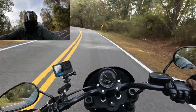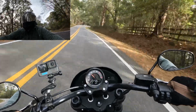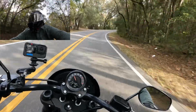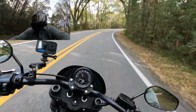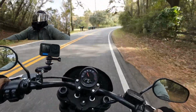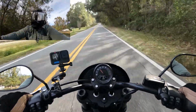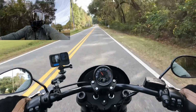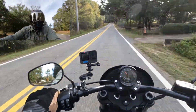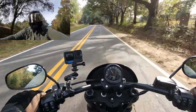Just wanted to come out and do a first test ride with the new Bassani 2-in-1 exhaust. Give everybody my feedback on what it is and how I like it. What I will say is this is really my first time riding a bike since getting the new exhaust on. I don't know if it's a placebo effect or what, whether it makes it louder, makes it feel faster or not. I don't know. What I will say is that the bike definitely